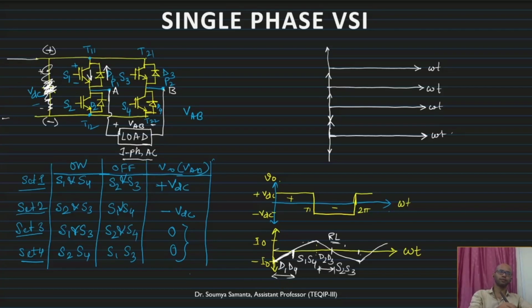Now suppose what we are doing, we are breaking the capacitor into two parts to get a midpoint, the DC bus voltage midpoint. This will be used for analytical purposes. That is, suppose the DC bus voltage midpoint. So what is this voltage? This voltage is VDC by 2, and this voltage is minus VDC by 2.